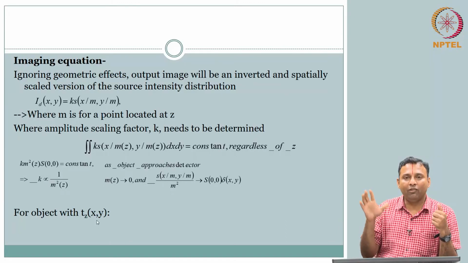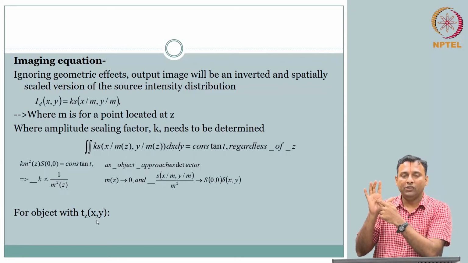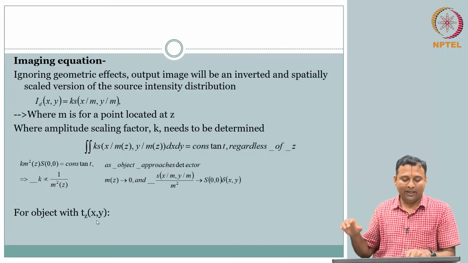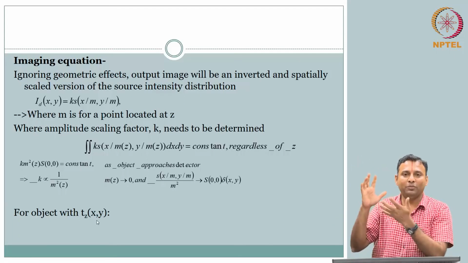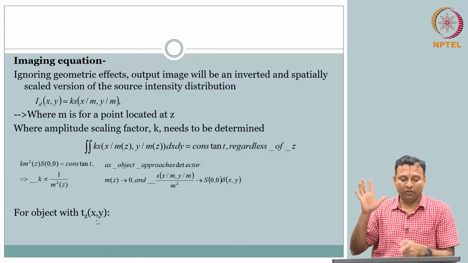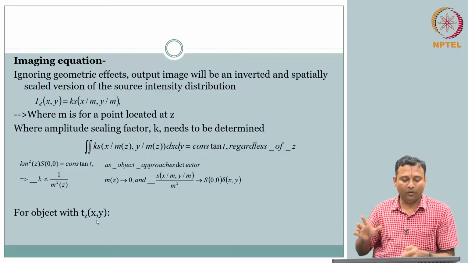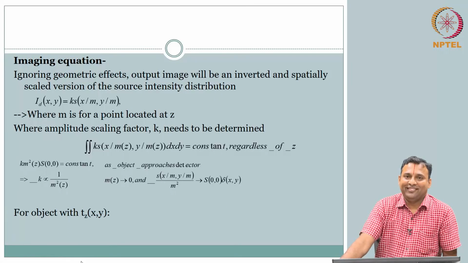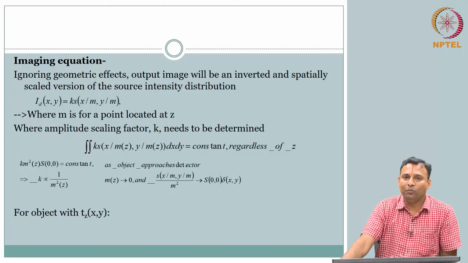If you really look at it, I have a point response. My object in this case is one point, and for one point I have a response. Now my t of z of x comma y is nothing but a collection of points. So if for one point I have the response, what will I have when I have a collection of points? Convolution, right. We have a point response, then input convolved with the system gives your output.